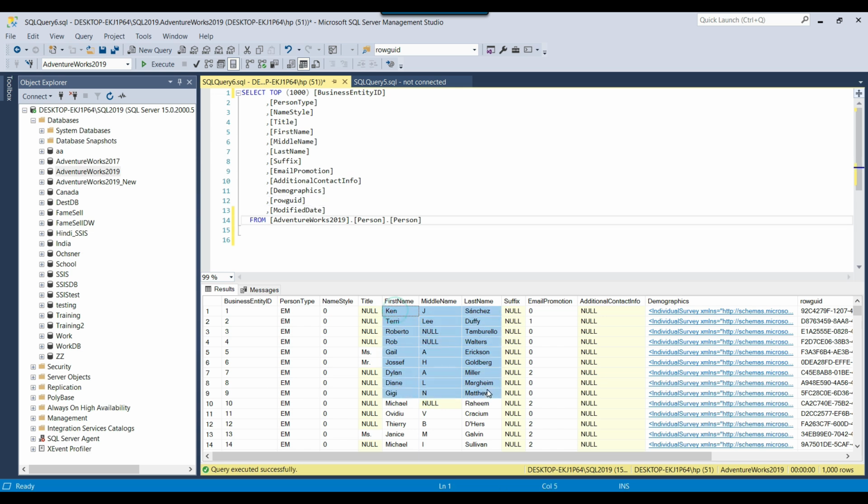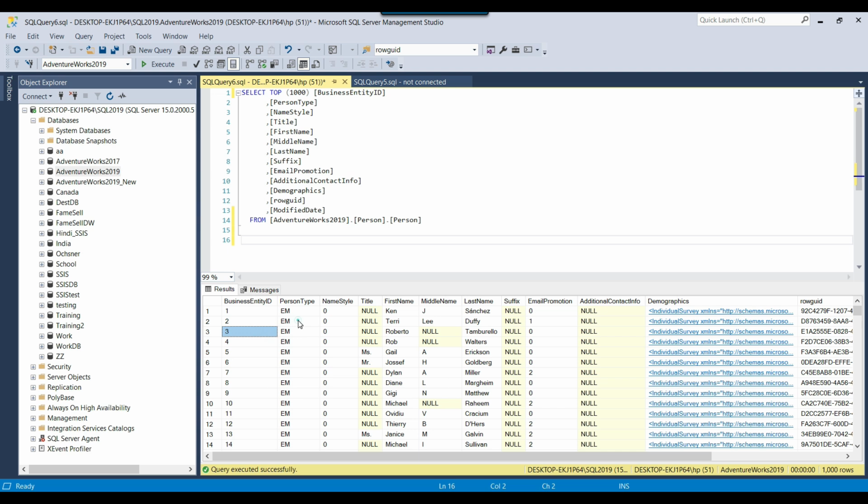Before showing that to you, let me show you how we can use the ROW_NUMBER function and how we can generate a unique identity column at runtime. The column won't be added to the SQL Server table, but it will be generated on the fly, and a unique value will be assigned to each record. So how can we use the ROW_NUMBER function?